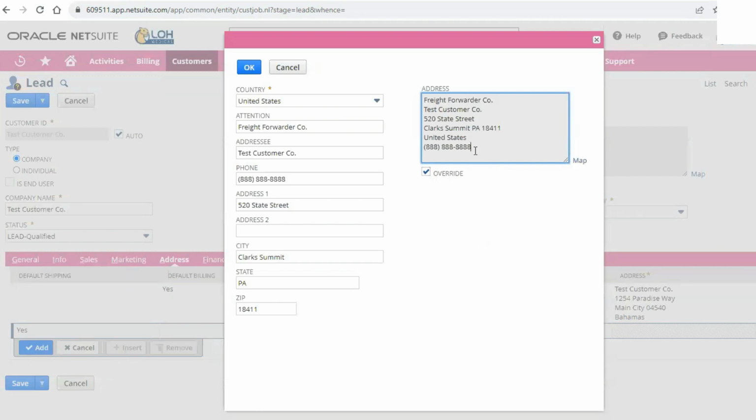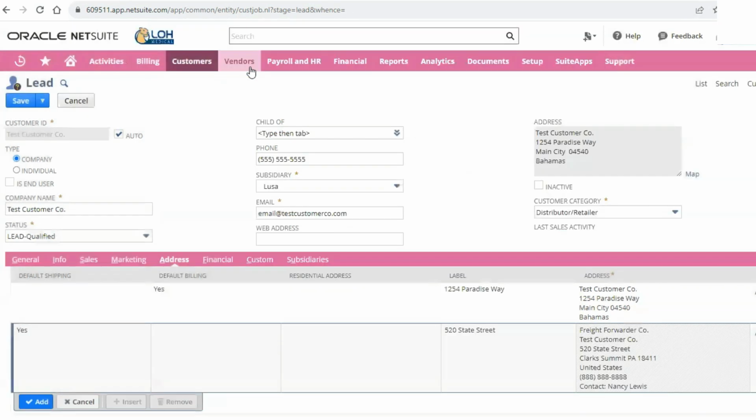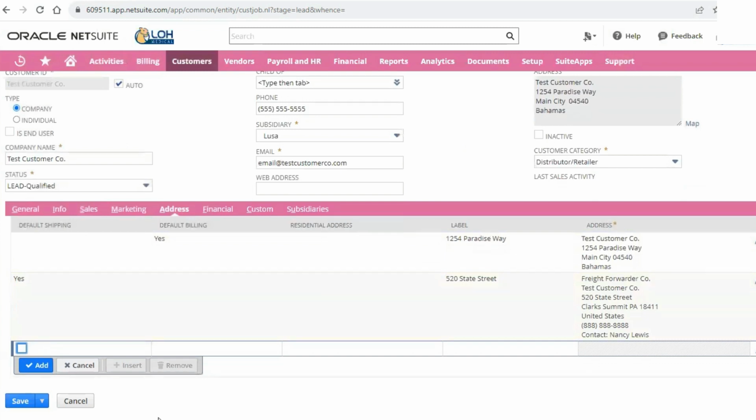You're going to click override so that you can actually type into this box, and then typically a contact is required as well. It's automatically just going to select shipping, not billing. And there you go. So when you create your estimate, it'll automatically pull these addresses from the customer record so you don't have to fill them in every time.